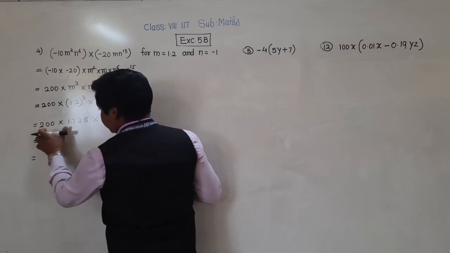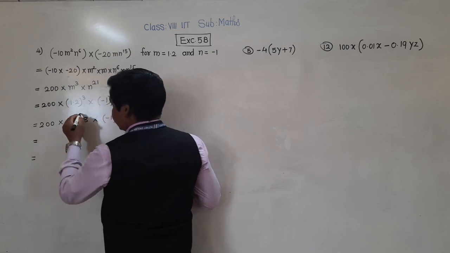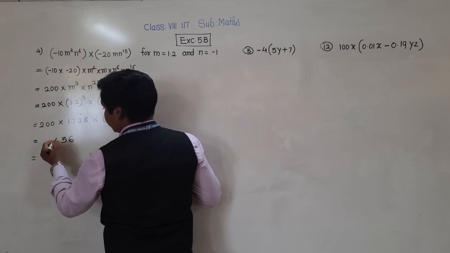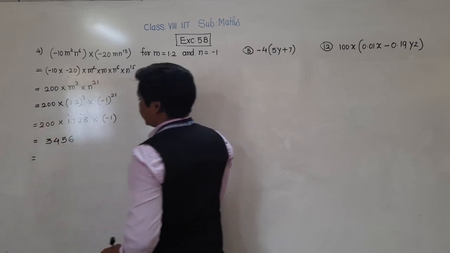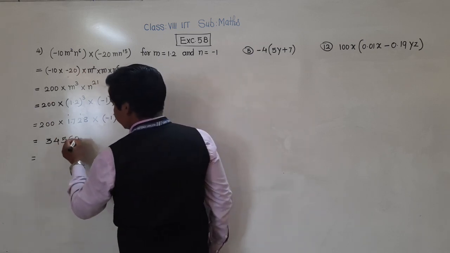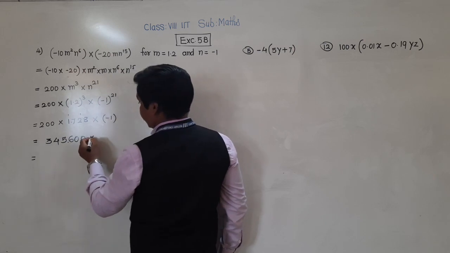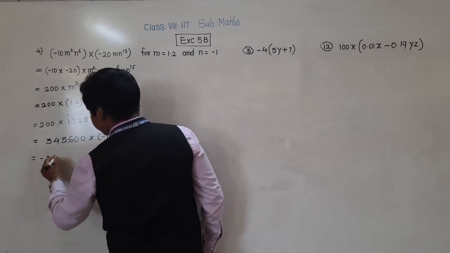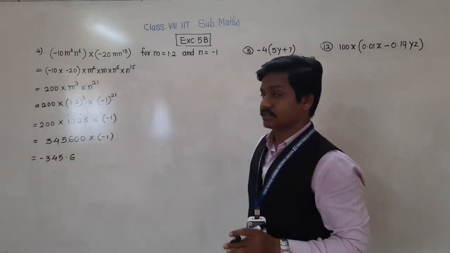First we will multiply this by 200. 2 8s are 16, 1 will be carried, 2 2s are 4 and 1 is 5. 2 7s are 14, 4 will come down, 1 will be carried. 2 1s are 2 and 1 is 3. Okay, and these 2 zeros here. So the decimal point before 3 digits here, into minus 1. So it becomes minus 345.6. Okay, this is your answer.